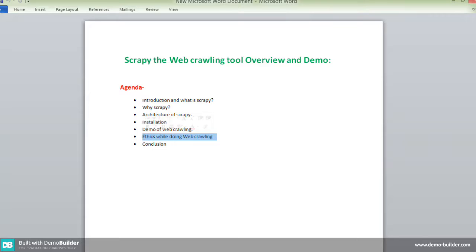Using Scrapy, we should not steal Gmail docs and passwords, etc. It is possible, but we cannot steal all those things. Whether the data is public or not, we have to check if the data is public or private. If it's private, we cannot steal or scrape it. Identify yourself: we need to log into the spider and the cloud, and the user ID must be yours only. You must not log into some other user's ID and scrape things.